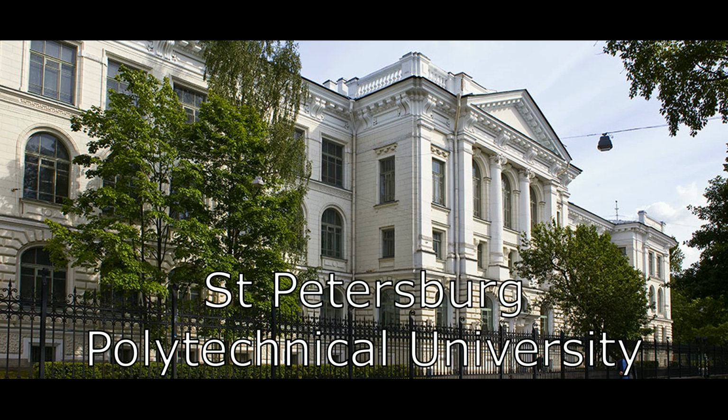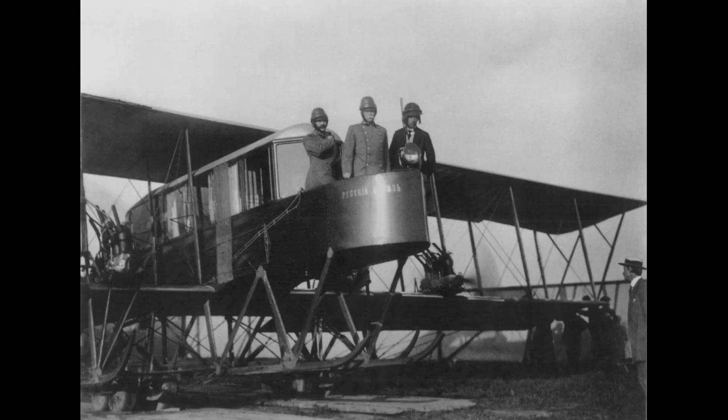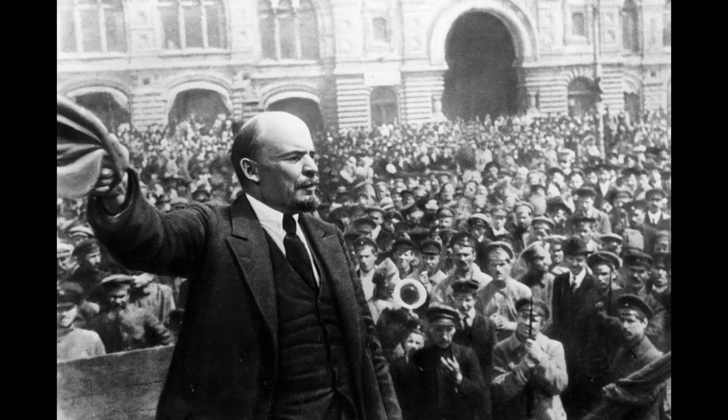This was where he first encountered that radical new technology gripping the world at the time, aviation. After his graduation in 1916, Polikarpov went to work for Sikorsky, the manufacturers of the Ilya-Muromets. When the Soviets took control of Russia in 1922, Polikarpov was made the head of technical development at the Dux